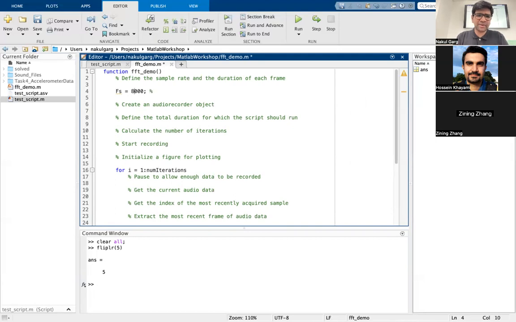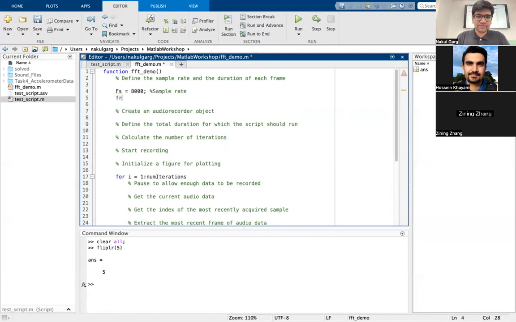You can also go higher depending on what we are using. My laptop can go up to 96,000 Hertz, but we can keep it short right now. So this is the sample rate, and we'll have a frame duration, which is the total duration of each frame we'll take